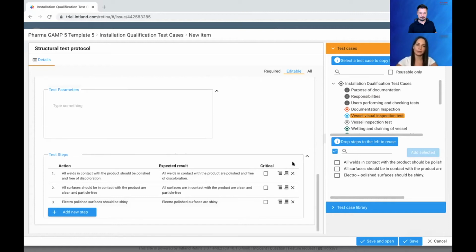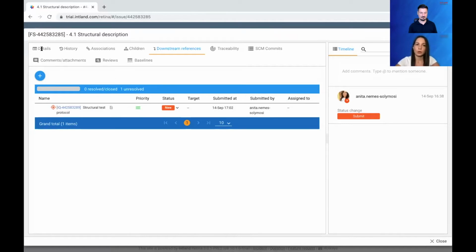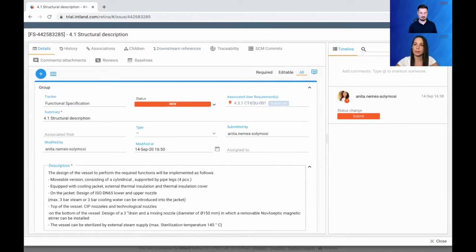I added additional actions previously, so this was why they appeared on the page. But I deleted them, and these are the proper test steps which will be used within my test execution. That's great. Okay, so the next step is to save my installation qualification test protocol item. And then let me show you how it looks to